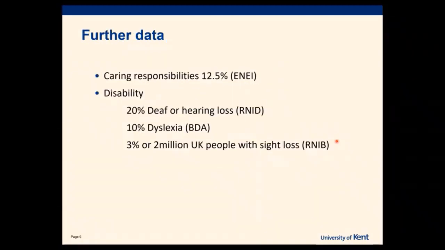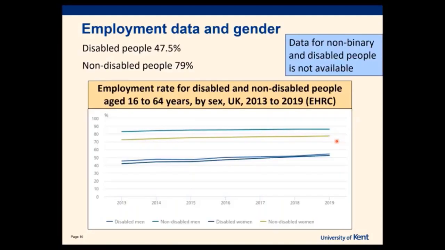Most of us are affected by disability either directly or indirectly. We all know somebody who has caring responsibilities, or somebody who has a disability. So is there a problem in society? Do we directly or indirectly discriminate against disabled people? Well, the evidence would suggest that we do.